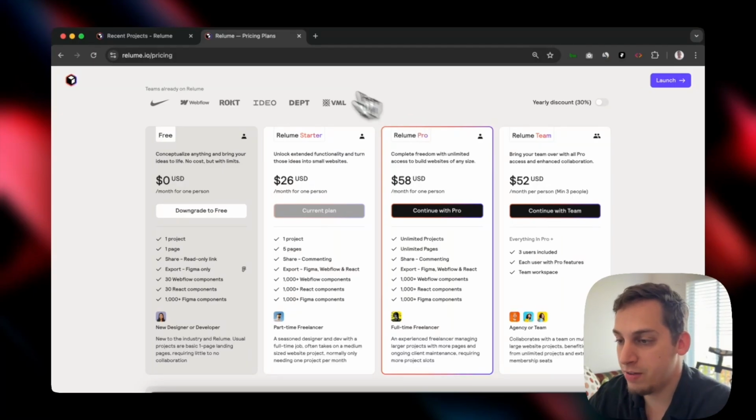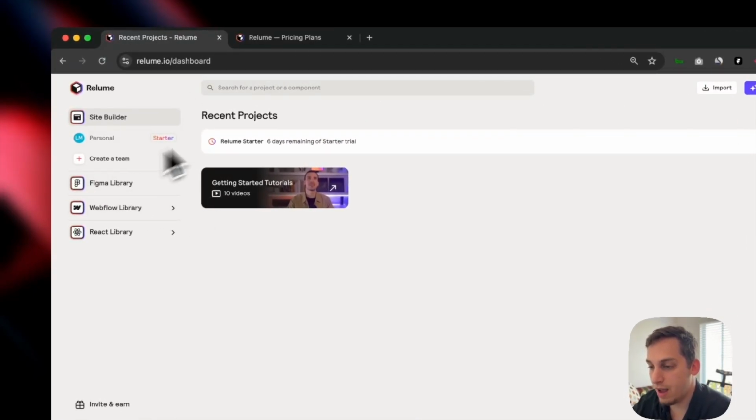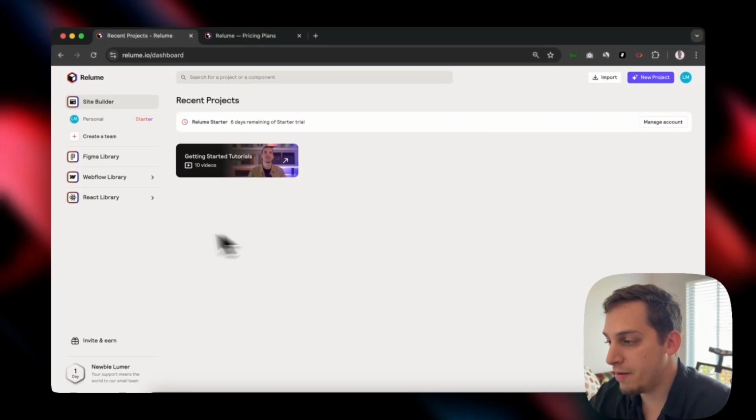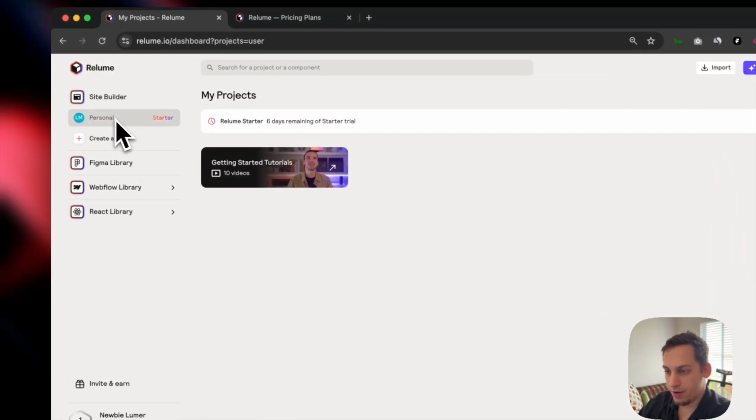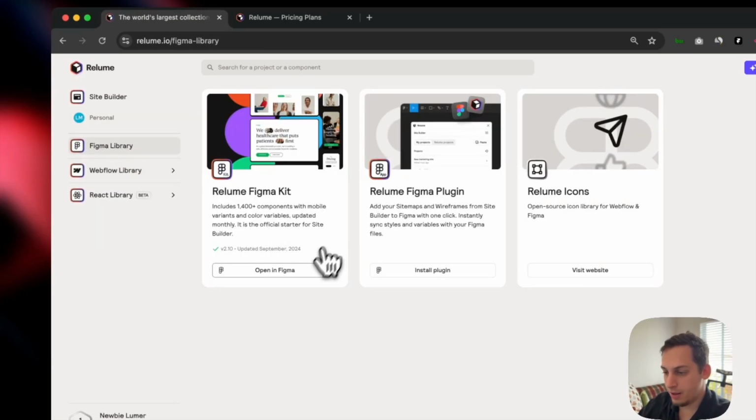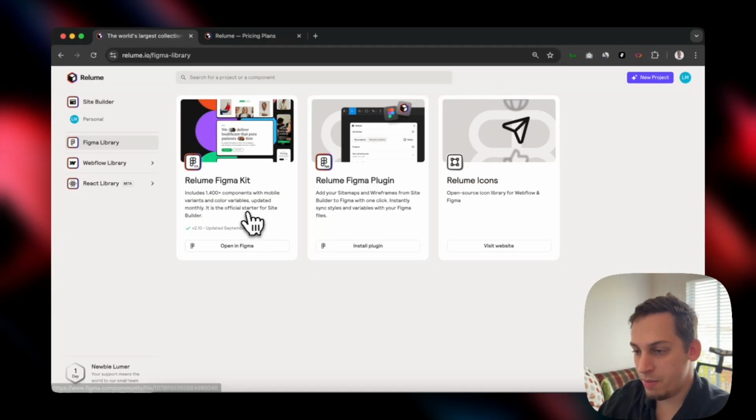That's the pricing. So let's go ahead and check out the dashboard. In the dashboard, we have this nice familiar looking dashboard if you're using Framer or Figma, right? Where you have the different projects, and then over here you have your account, which tells you recent projects, and then you can create a team. Then we have the Figma library, which we will need soon when we're done with our wireframe,